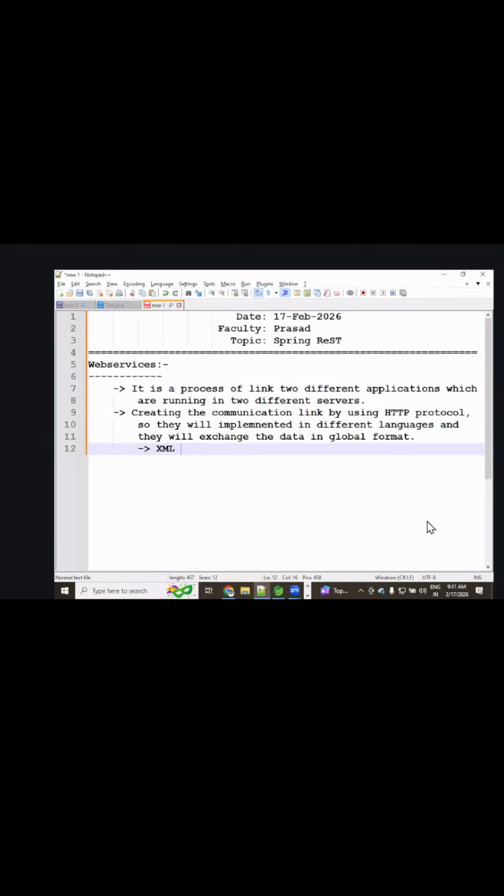XML, which stands for extensible markup language. What is JSON? Anyone?